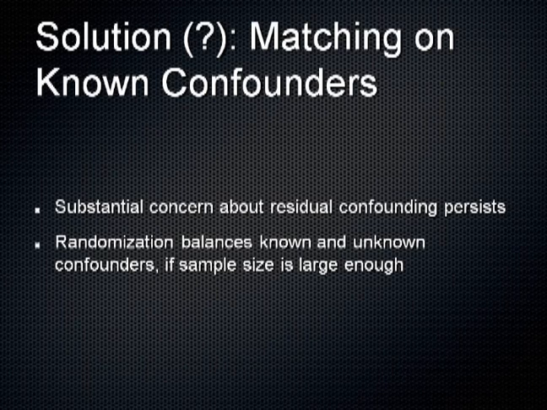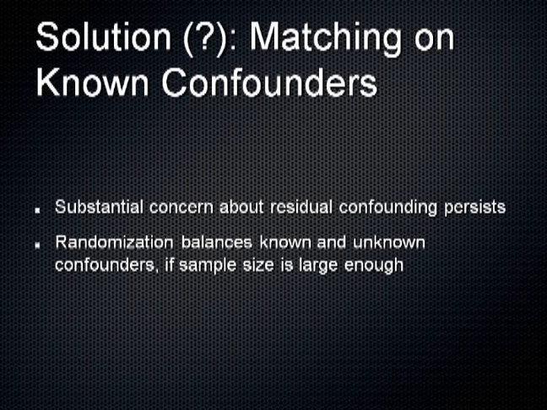Now, there is another solution that's sometimes put out and has to be beaten down in a sort of whack-a-mole process. People say they can match on known confounders to mimic the effects of a randomized trial. The most recent version of that is propensity indexes, which try to adjust using a multivariable model, not for the measured confounders, but for factors that might lead somebody to get a particular treatment.